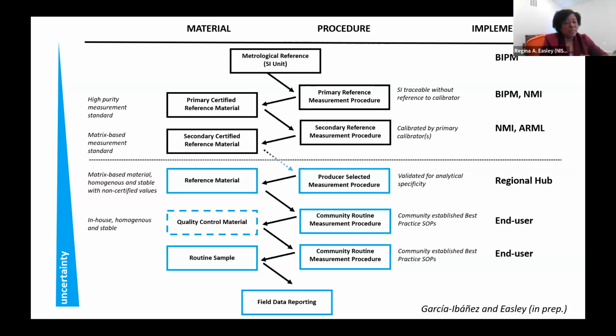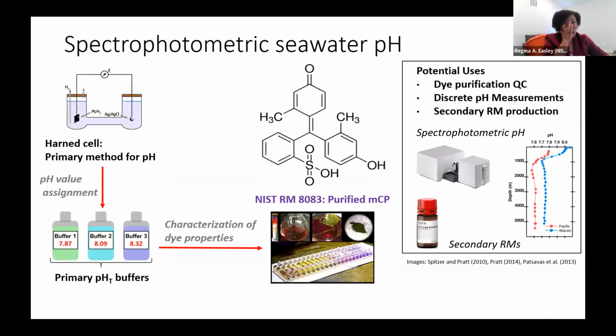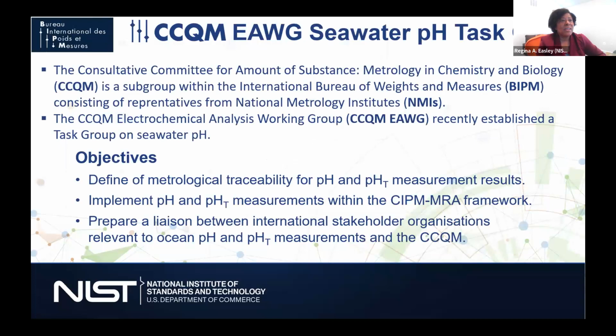In addition to the DIC and total alkalinity, we are still working on reference material 8083. We have a candidate material of purified metacresol purple, and we are standardizing this using buffers that have been measured with Harned cell, and then the visible spectrum is characterized to provide the equation for this particular batch. We have measurements of the homogeneity of this batch, and that will get added into the overall uncertainty budget of this material. And so the other update that I have is within the CCQM electrochemical analysis working group, there was